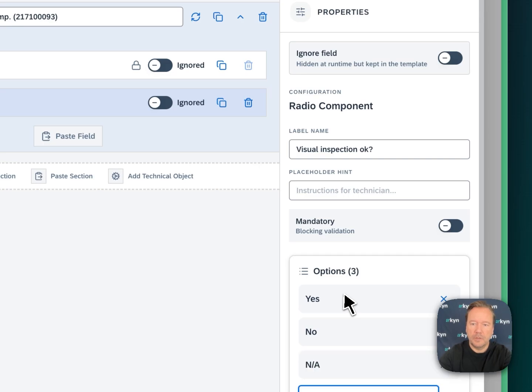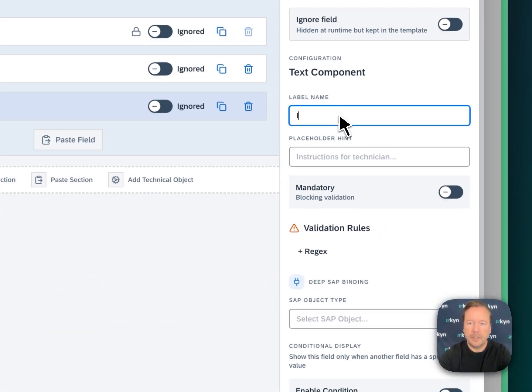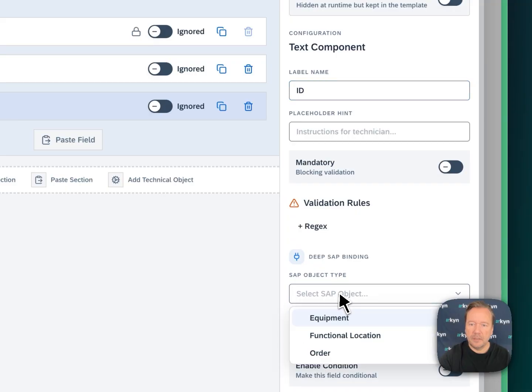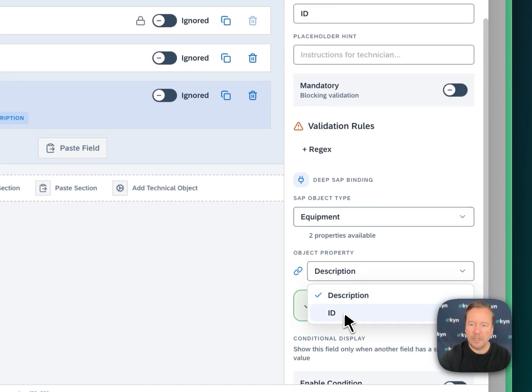not applicable. If I want SAP data to be automatically pre-filled in the form, I can also do that by binding it to data. So let me just add my short text, and I can say ID, and then I can bind that to the equipment and to the equipment ID, for instance.